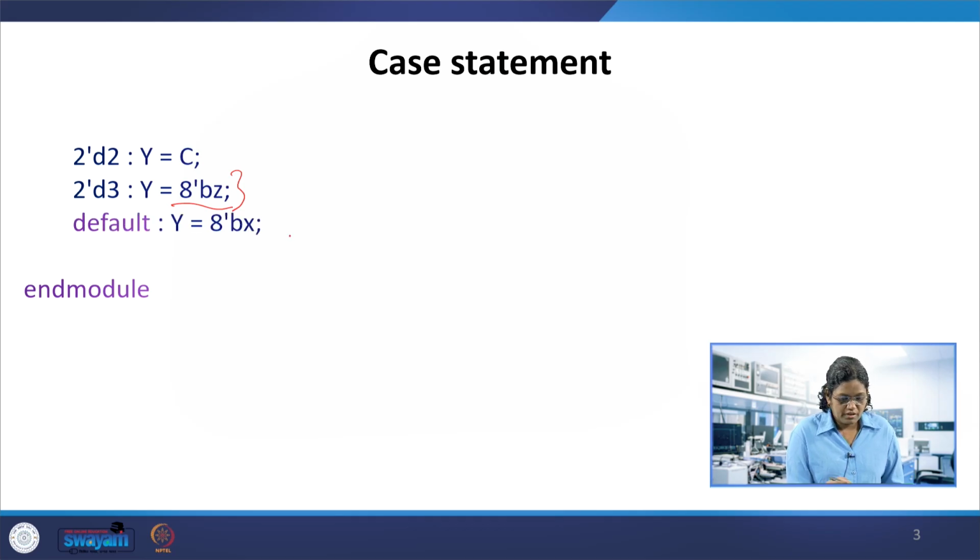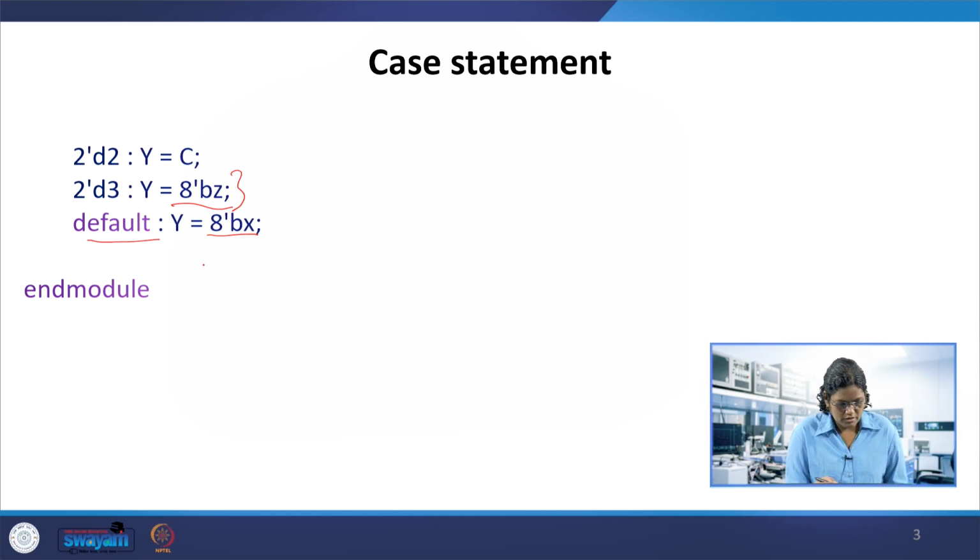So, the default case is mandatory, otherwise in the synthesis process it would infer a latch. So, Y equal to 8-bit X, that means X X X X X. So, 8 bits of unknown, or don't care, will be assigned to Y in the default case.